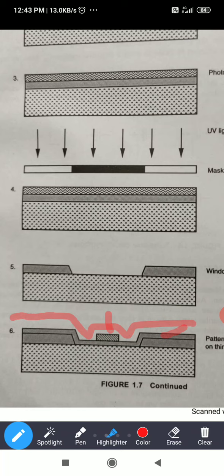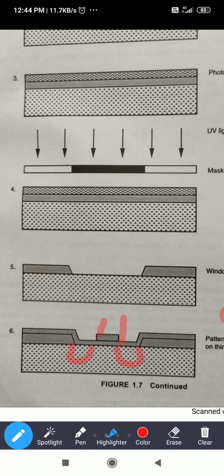Then we will apply the same procedure. We will apply UV light, and only here will this polysilicon be present; the remaining area will be removed. Here only this polysilicon will be present, and the remaining material will be etched away. After forming this polysilicon, next we have to diffuse the